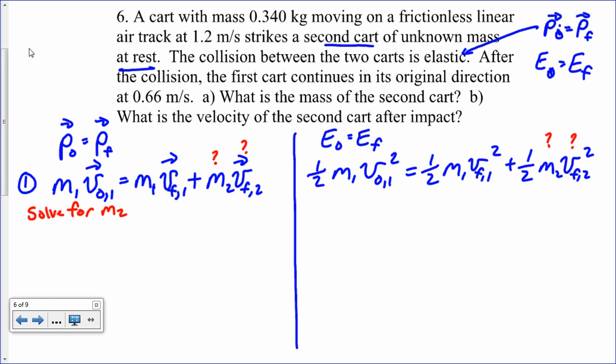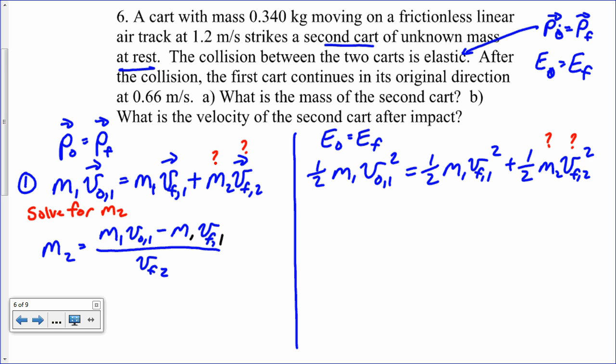Go back to blue if that's okay. M2 is equal to M1 V1 naught minus M1 V1 VF, divided by VF2. All right, I'm going to drop the vector notation here because I'm dealing in one dimension, and so my